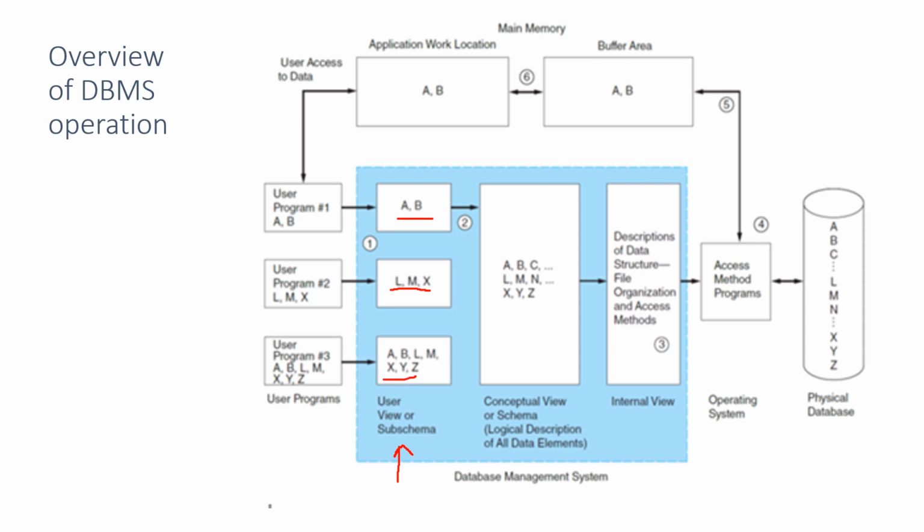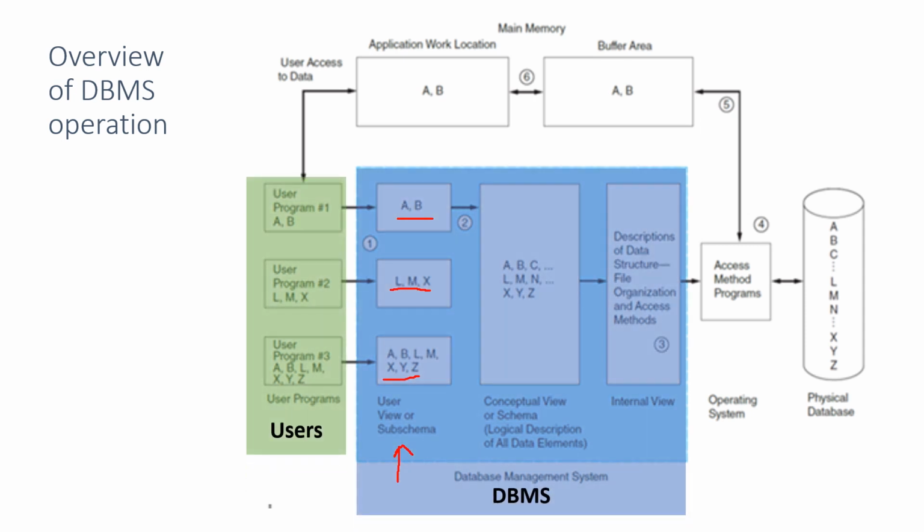This is what we call the sub schema or the user's view, which is specific to each user's program. Let's say the accounting program is different from the user's view of marketing or human resource and so on. And then the DBMS, the database management system, will bring all of these sub schema or users' view requests into the